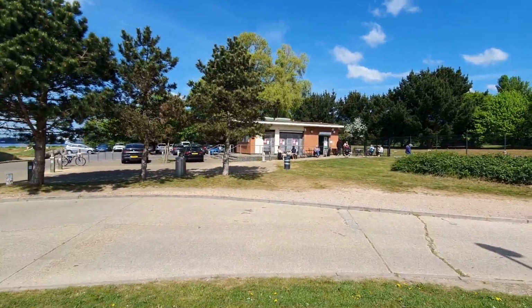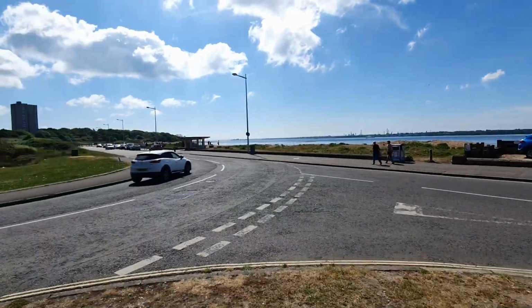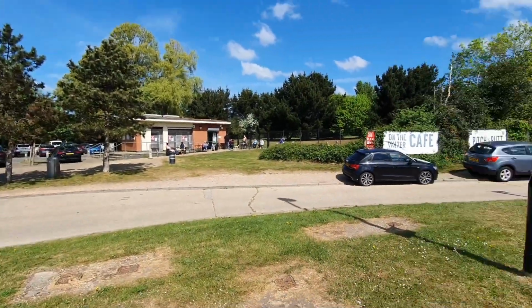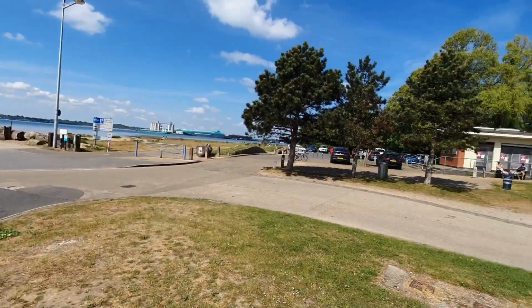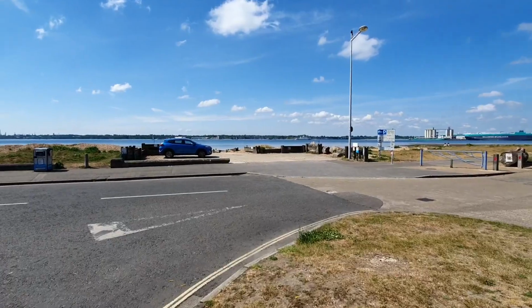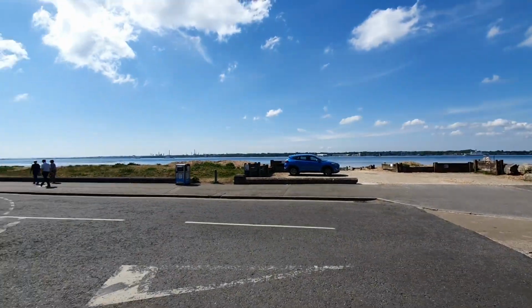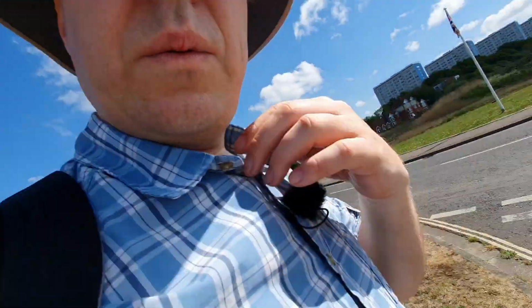Useful toilets. It's the trouble with this kind of environment, you can't just go in a hedge. You need to find actual facilities because you're in a civilised city with actual civilised people, you know. Yeah, cafe takes cash only. No, I mean I've got some cash, but I might save that for emergencies really. I'm okay. So, took the opportunity to